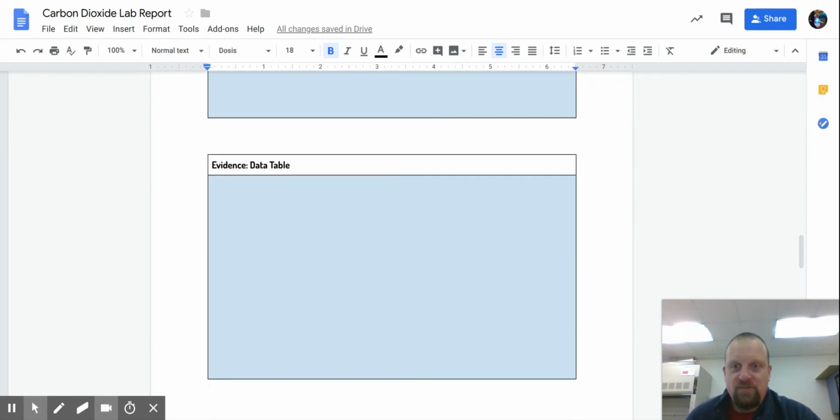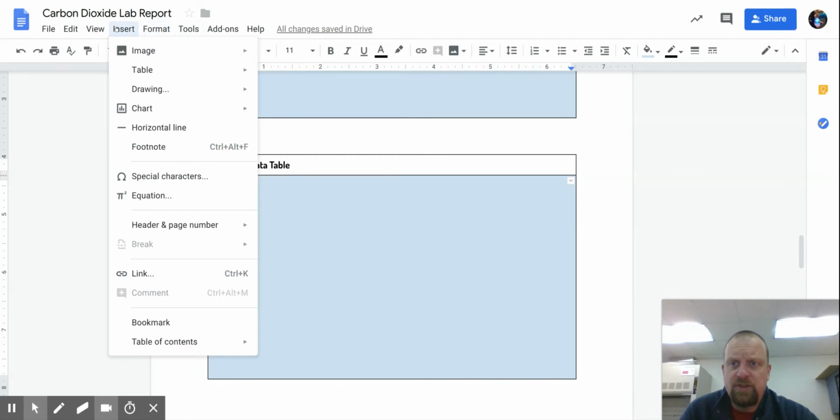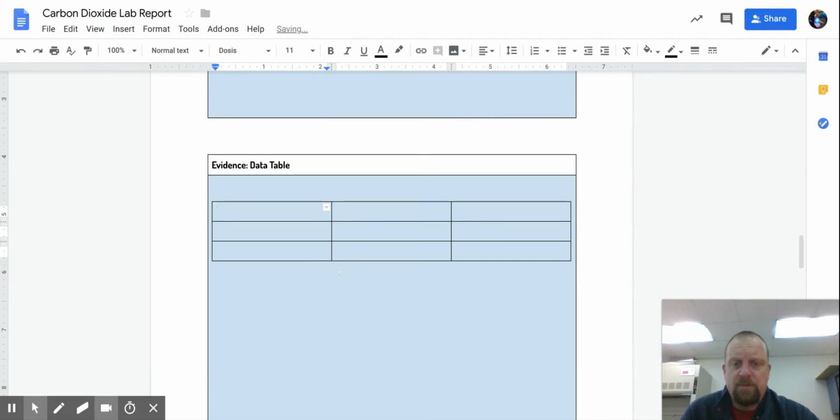The next section would be a data table, and you are asked to gather quantitative data for use. Remember, to add your table, you would simply be in that box, and then you're going to go to insert table and then decide the dimensions of your table,